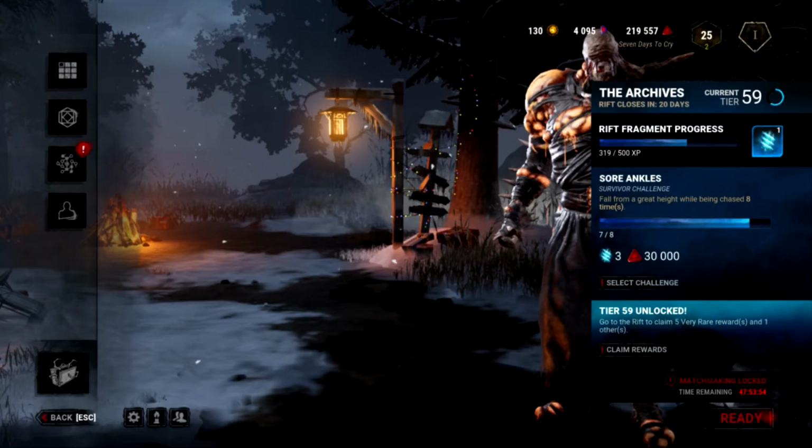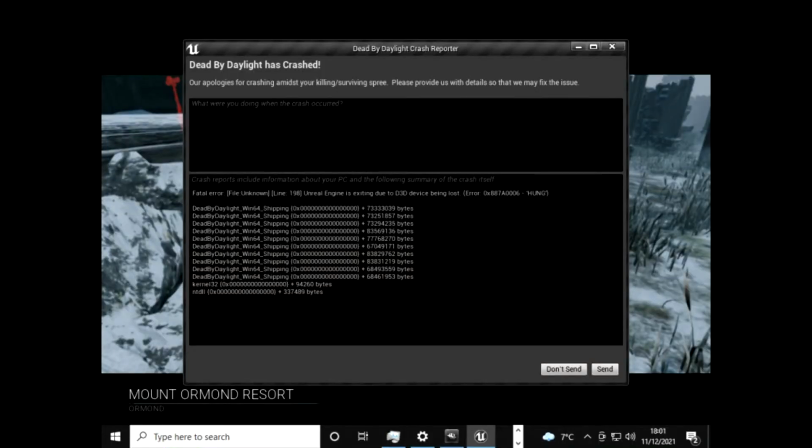The problem is, Behaviour Interactive's disconnect system treats rage quitters who go to the menu and quit the game, and people who've got bad internet, and people whose game crashes all the time, exactly the same. So they're punishing the guilty along with the innocent. Now, I've got some screen caps here showing me that my game is crashing. It's asking me to send an error report. I send the error report, and I still get punished in exactly the same way as someone who rage quits on purpose.